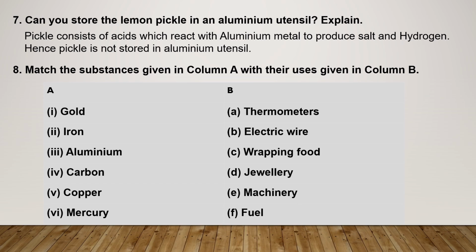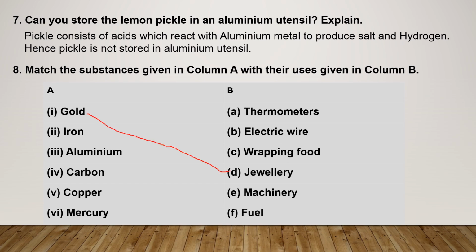Next is match the substances given in column A with their uses given in column B. So here on this side substances and on this side their uses. That matching you can do in your textbook. The first one, gold. So gold